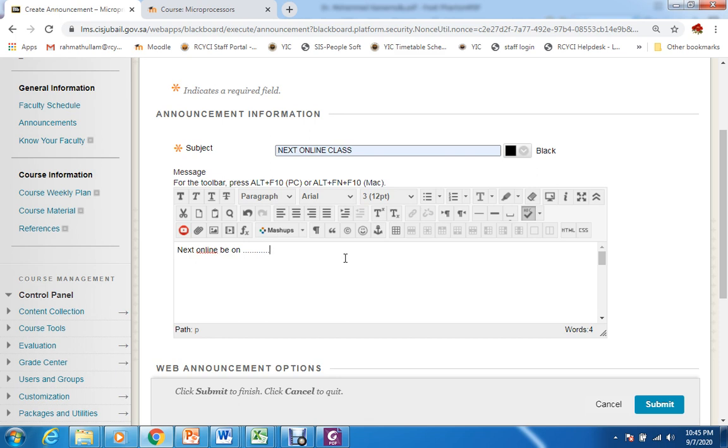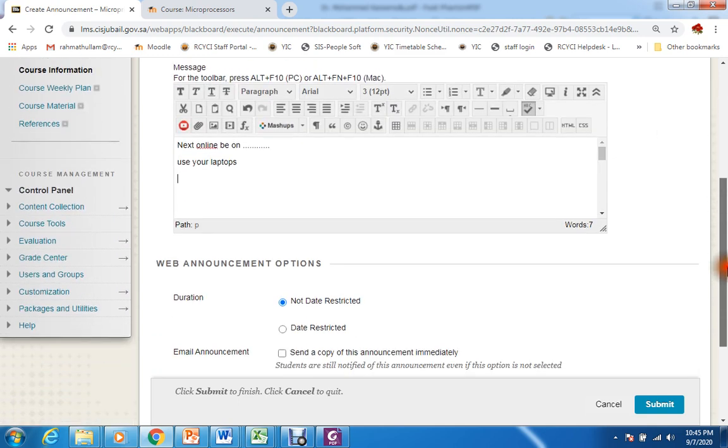Or you can write the message: bring your laptops, don't use the mobiles, etc.